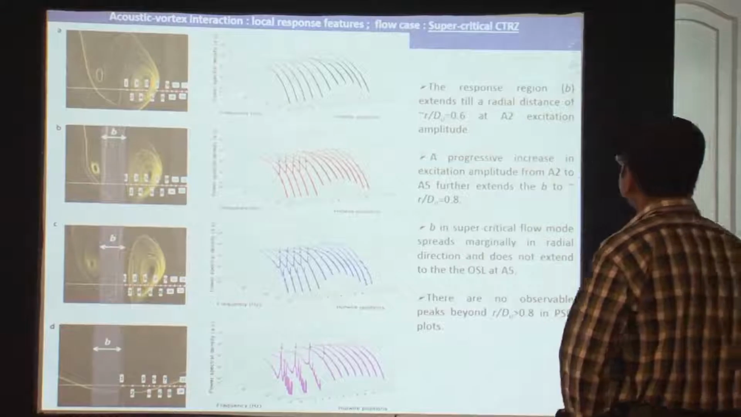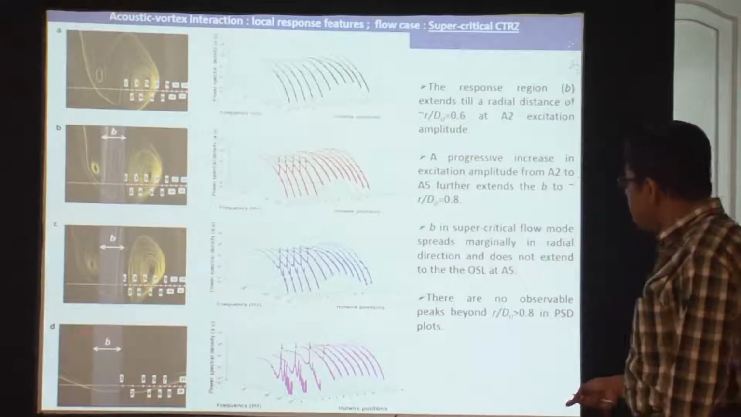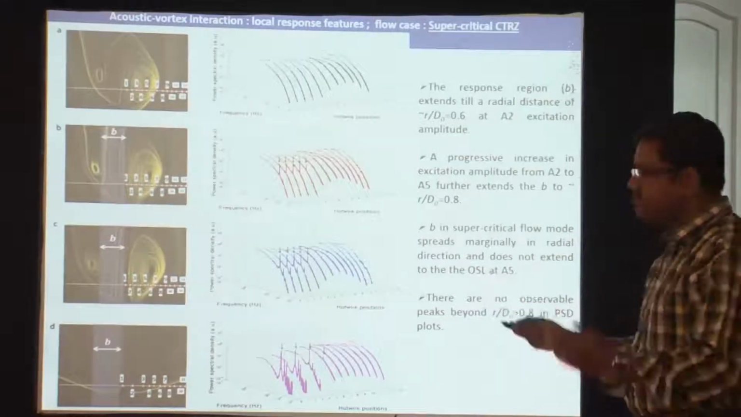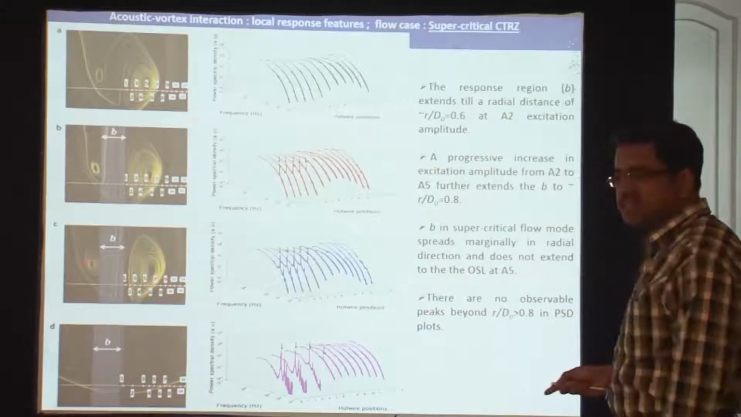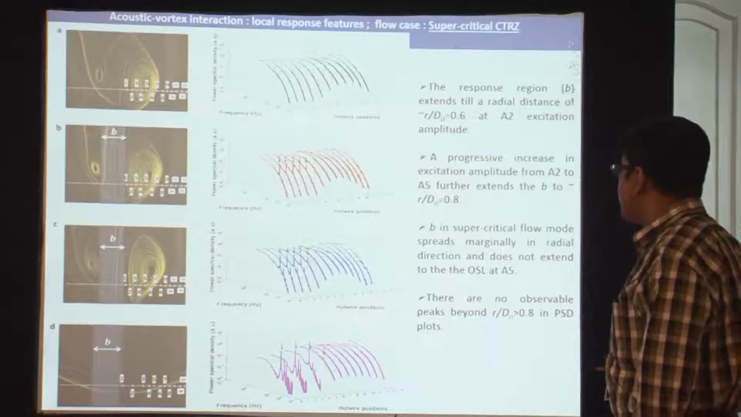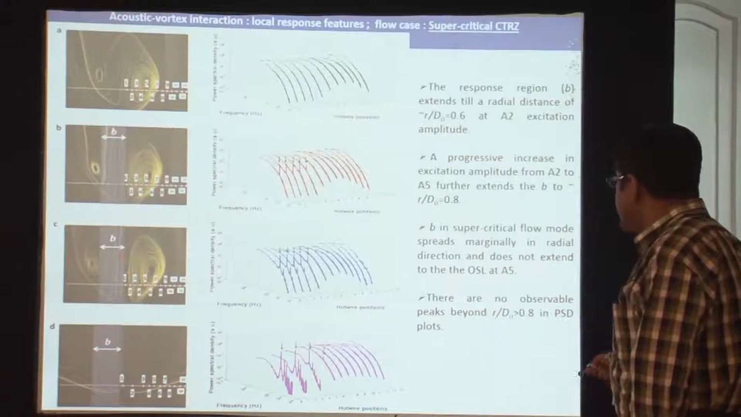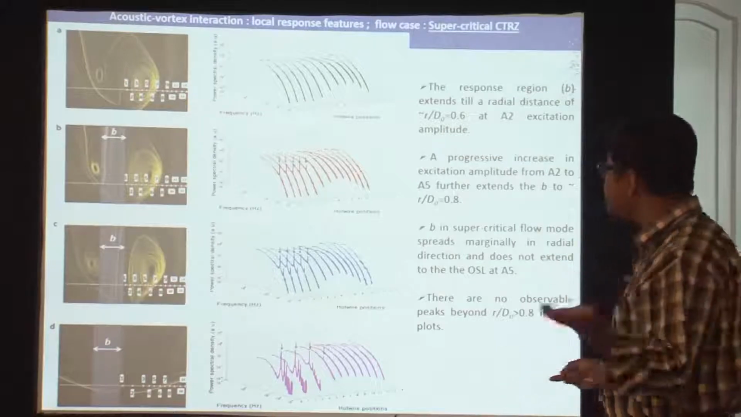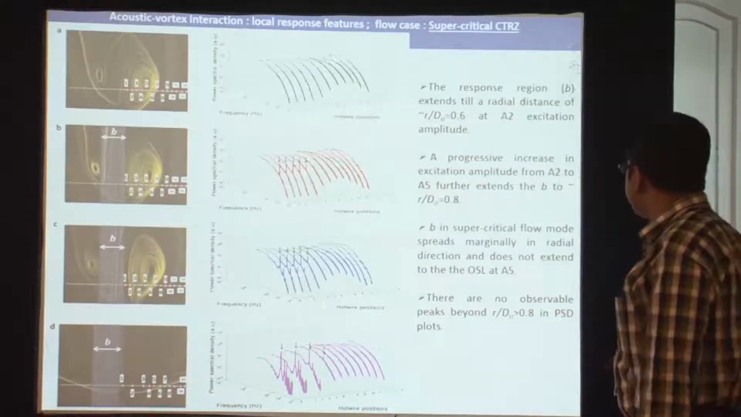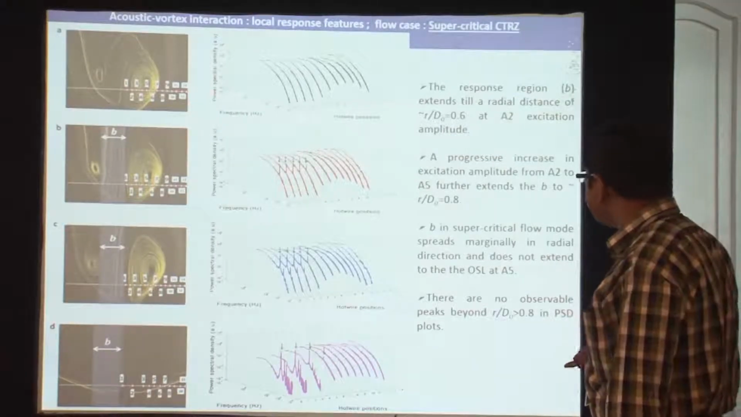However, when you look at the supercritical CTRZ, which do undergo the conical breakdown, as you traverse, the variation in B is minuscule. So beyond B, you do not get to see anything. The acoustic energy is a lot more concentrated. That means you don't decipher any peak either side as you traverse out of B. There are no observable peaks, and this is clearly shown by the